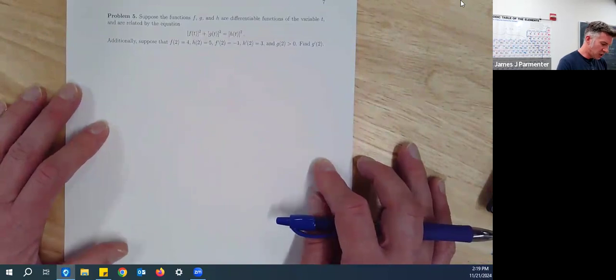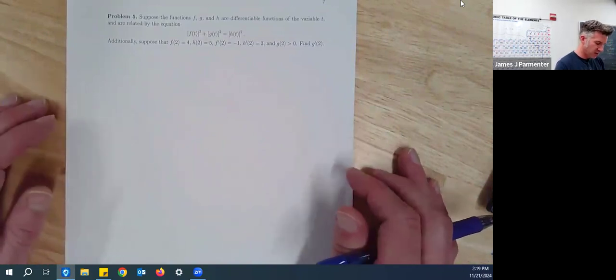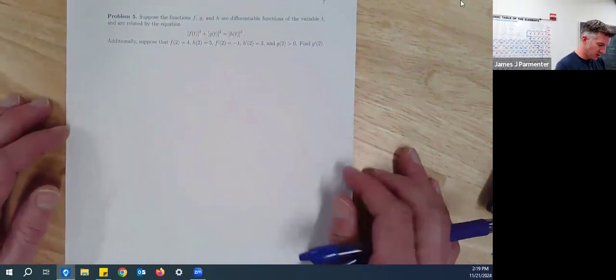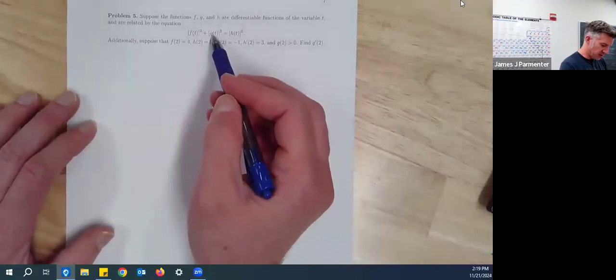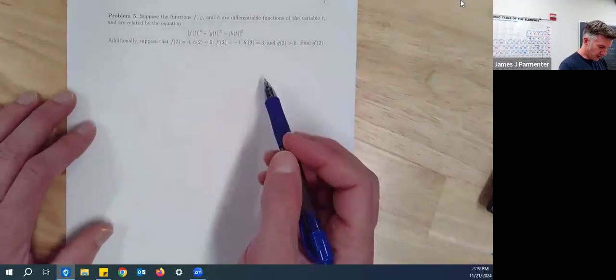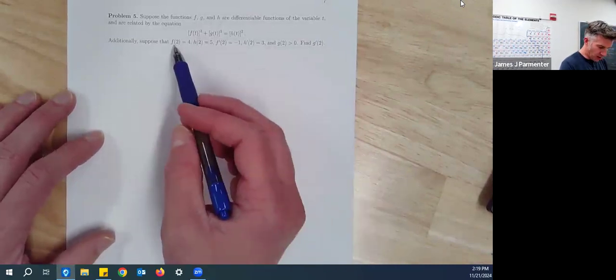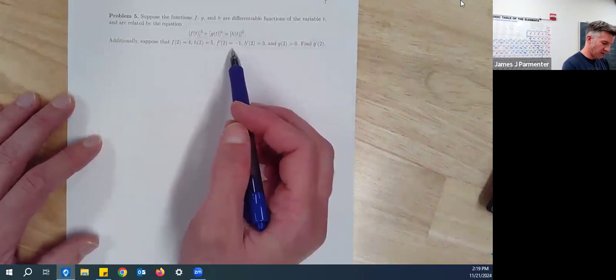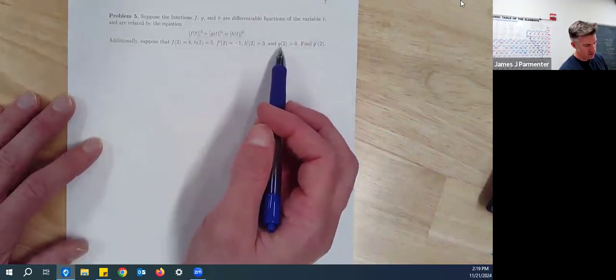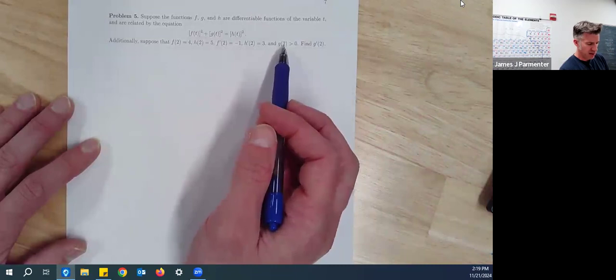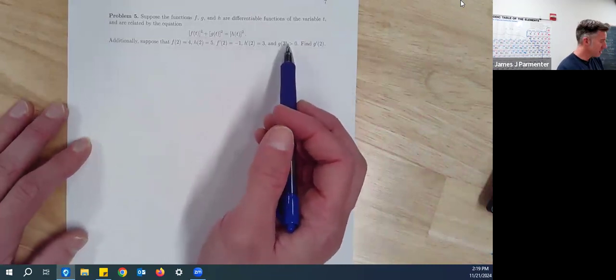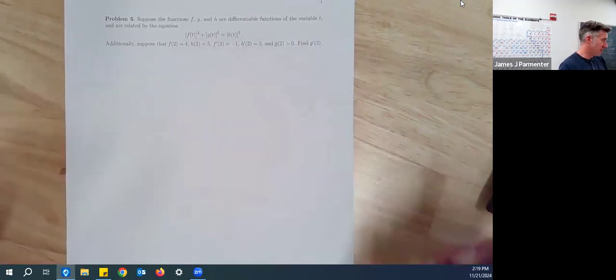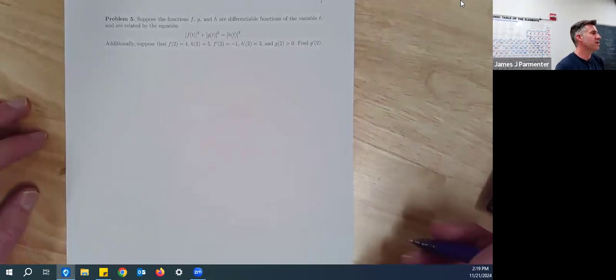Suppose the functions f, g, and h are differentiable functions of the variable t and are related by the equation f of t squared plus g of t squared equals h of t squared. Additionally, suppose f of 2 is 4, h of 2 is 5, f prime of 2 is -1, h prime of 2 is 3, and g of 2 is positive. Interesting. Okay. So they're asking us to find g prime of 2, which means we should take the derivative of